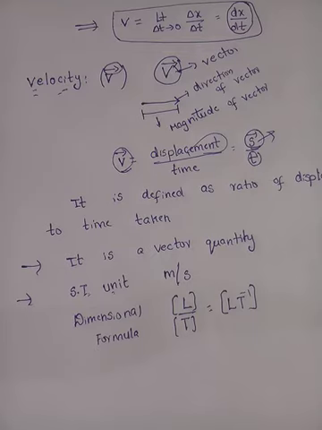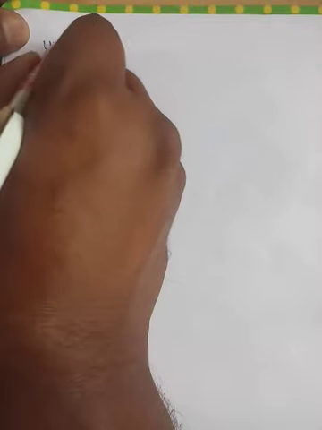Like the two types of speed, we have velocity also. So how many types of velocity will come? Like speed, four. What are they? Uniform velocity, non-uniform velocity, average velocity and instantaneous velocity. First one, as usual, uniform velocity. What is uniform speed? If a body covers equal distances in equal intervals of time, it is said to have uniform speed.